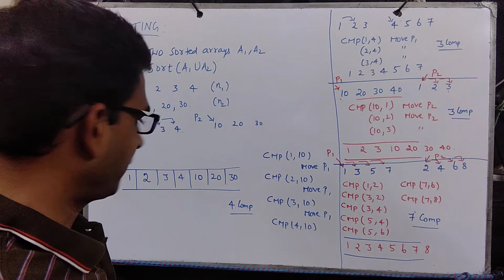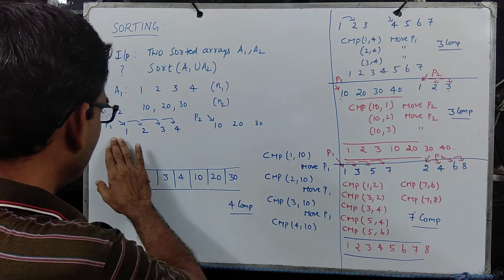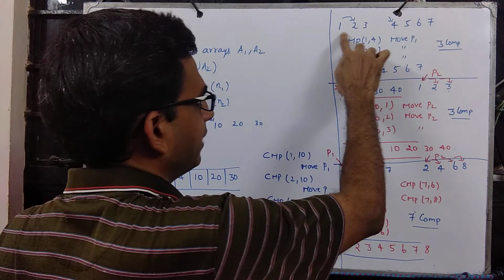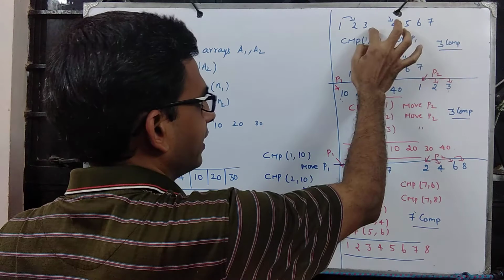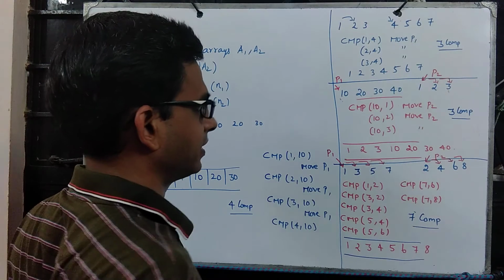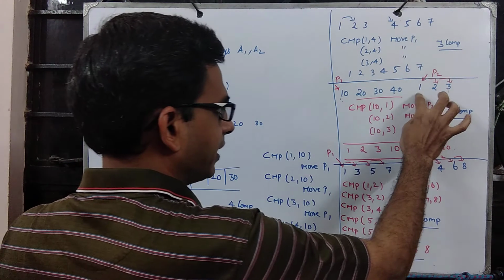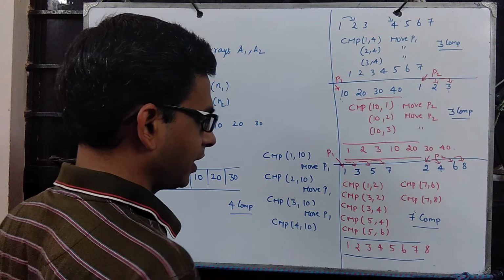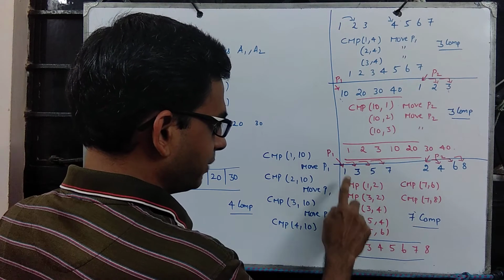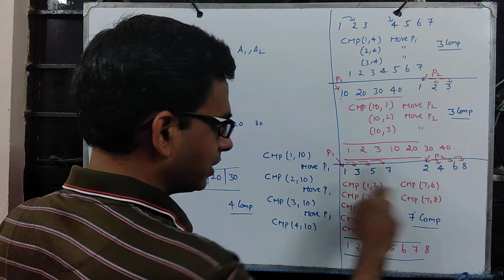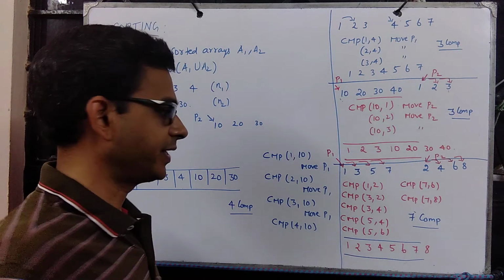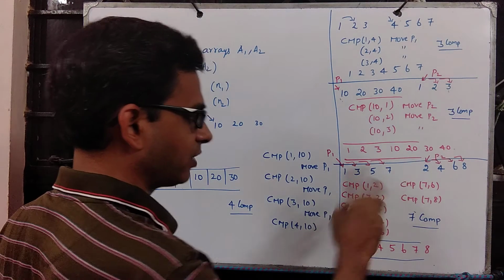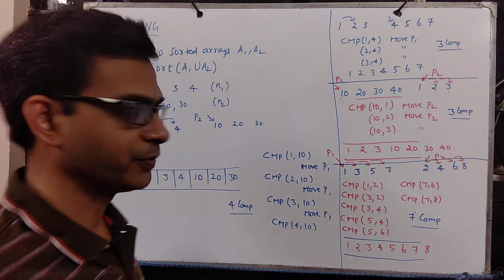Now as you can see, there are examples where the updation happens only in one part of the array. For example, this one we keep moving this, and once we reach the end of it, we simply copy the rest. So is the case with this. We keep moving this, when we hit the end, we simply copy the rest. Whereas this one was interesting. You see that there is an update from both, but the pointer update happens alternately. So I move P1 first, then P2, then P1, P2, like that we constantly switch between P1 and P2.